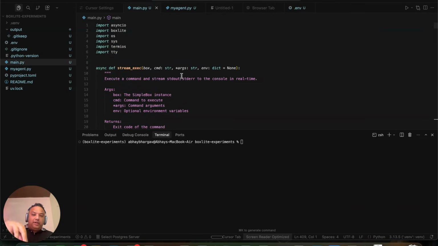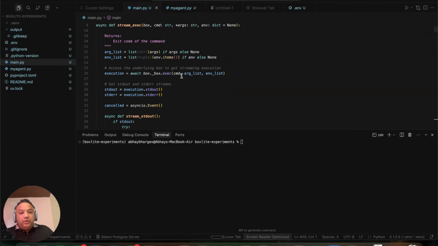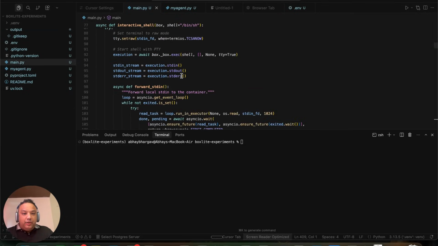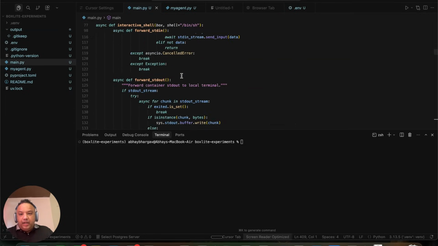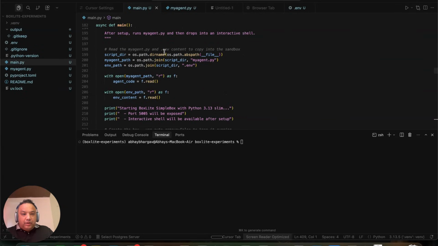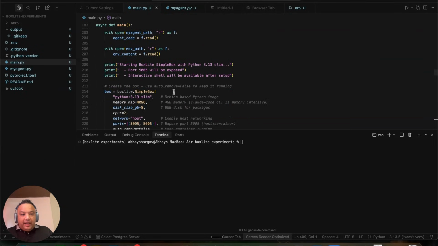The real important part is how I'm running the agent. I'm not running the agent on my local machine. I'm going to use Boxlight, right? So Boxlight allows me to create a micro VM for this particular agent, right? So it's going to copy the files that are needed for this agent, which is the myagent.py, the environment variables that I need, the dependencies that this agent needs, into a micro VM running this particular container image, which is a Debian Python image.